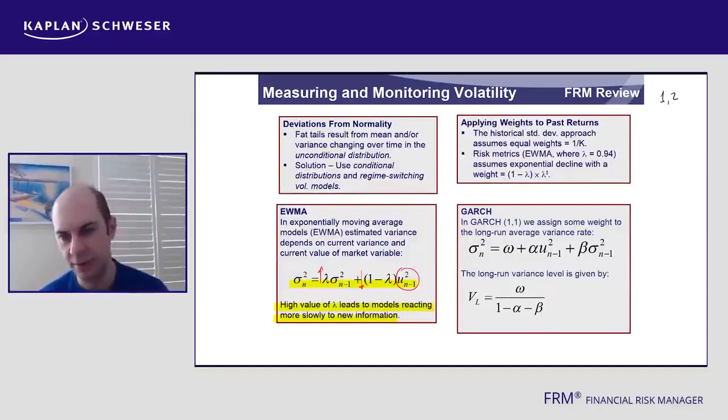So that's your EWMA. And then, of course, you've got GARCH, generalized autoregressive conditional heteroscedasticity model. The most important word here is the word generalized. It's a more general version of EWMA. And essentially, again, we're going to have the usual suspects, the variance today and the return today. Of course, both are squared and both have their appropriate weights, alpha and beta. However, the difference that we see in GARCH that we don't see in EWMA is this omega letter,